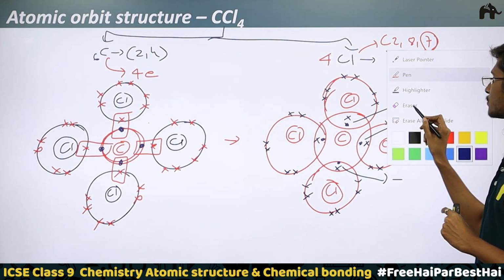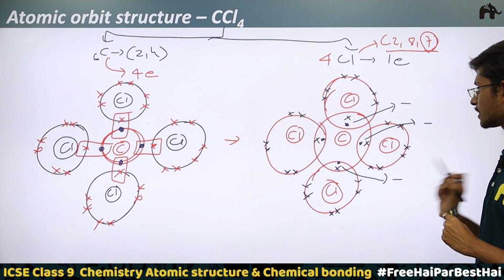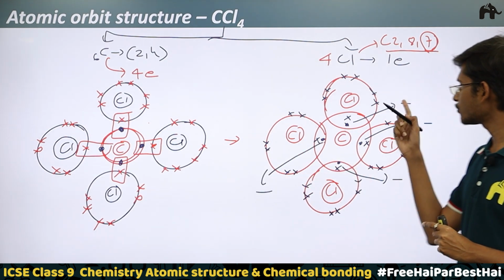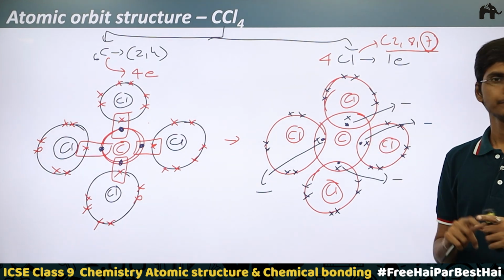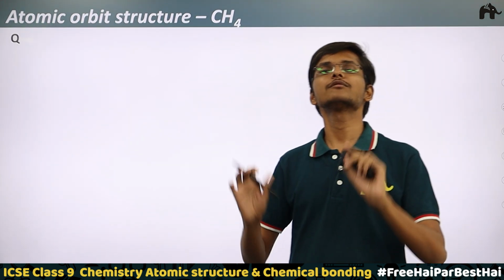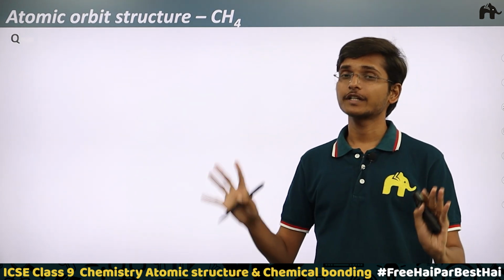Okay, sorry, I'm just showing the vertical lines. Single covalent bond, single covalent bond, single covalent bond, and single covalent bond. So 4 single covalent bonds between carbon and the chlorine atoms. Clear? Okay, now we are going to see the atomic orbit structure and formation of the last covalent molecule,